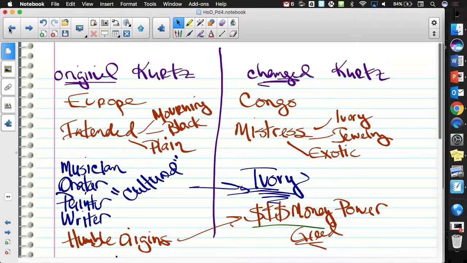Because there are no consequences. Yeah, there's no rules, there's no limitations to them whatsoever. And he fully embraces it. And that's not something that probably Marlowe has seen before. And so when Marlowe does come to death's door, so to speak, when he could be buried next to Kurtz,